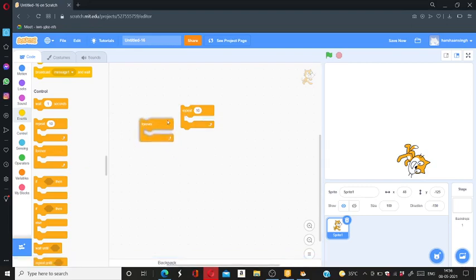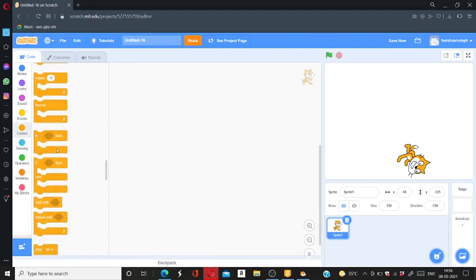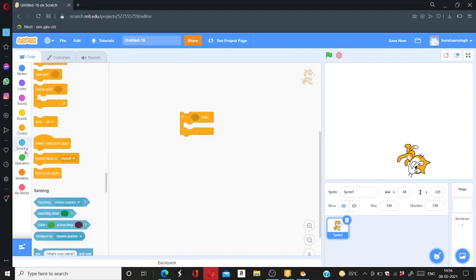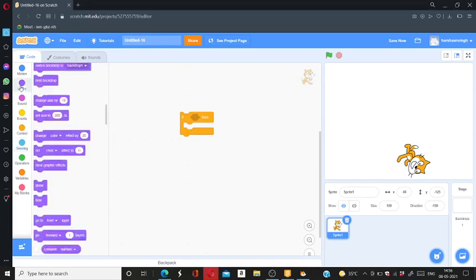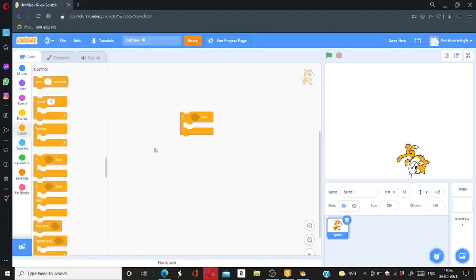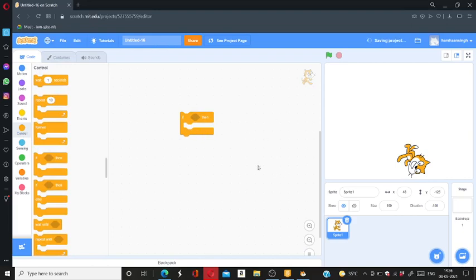This is the forever block. If you want to play it forever. After that is if, which is very common in every coding. If is when, as you can see from the name, when this thing happens. The block we will put here will be a sensing block. So if this happens, like if touching mouse pointer, then this will happen. If touching mouse pointer, then go to mouse pointer. We can do it like this.